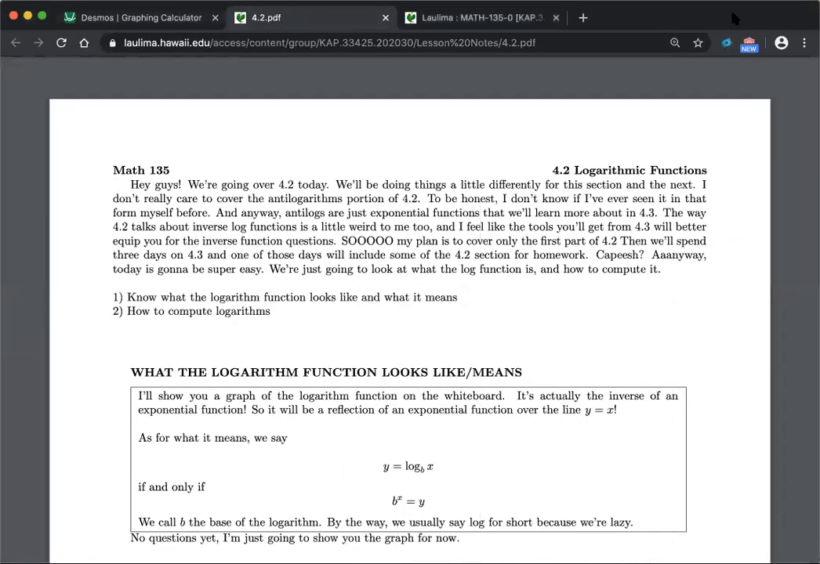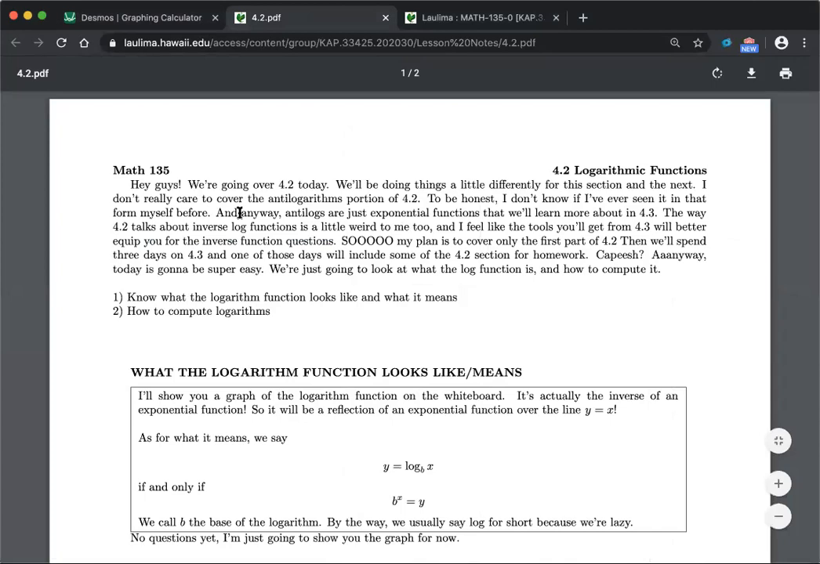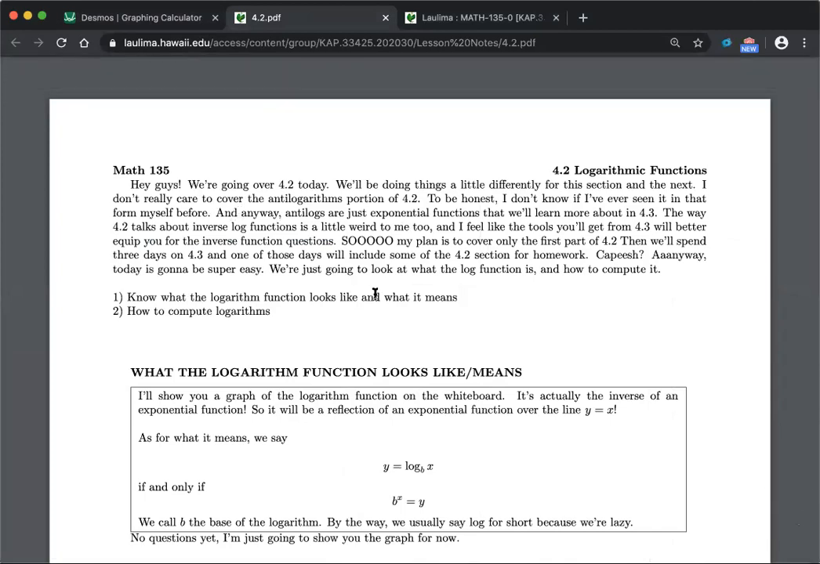Okay, we're looking at 4.2. You guys can read the introduction yourself later. Basically, we're going to spend one day in 4.2. It should be an easy day today. I just want to look at one skill basically, and then also look at the graphs real quick. And then